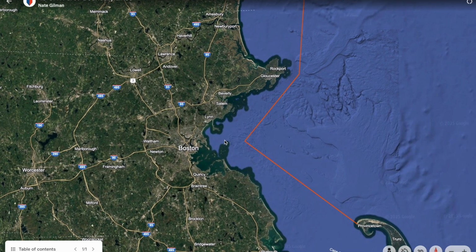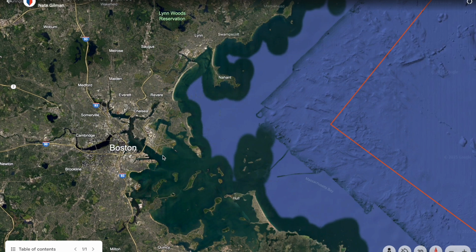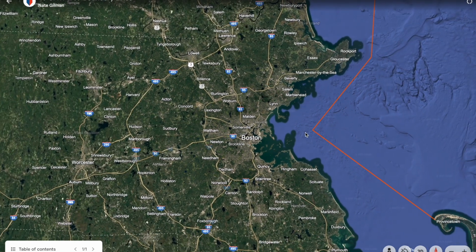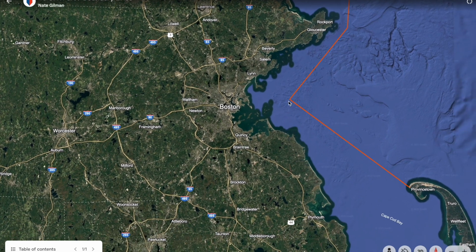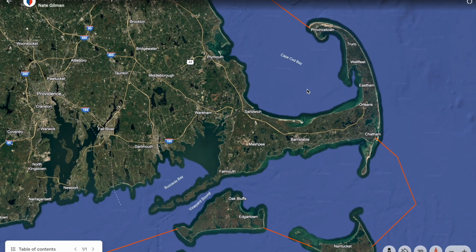As you make your way in, you can see here in Boston, it's all the way out here is where the near coastal line is, right? So it's not in at the harbor mouth where everyone thinks it is. You've got to go all the way outside the islands, make your way out, and be pretty far offshore. It's a line from that harbor mouth way offshore down to Provincetown on the end of Cape Cod that makes all the difference, where this is near coastal and this is all inland. So all of Cape Cod Bay is inland.